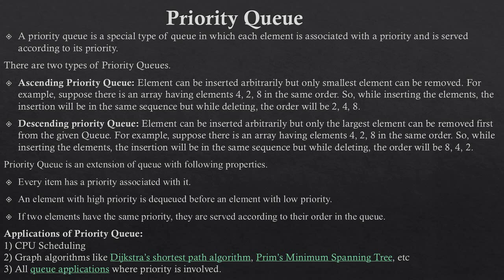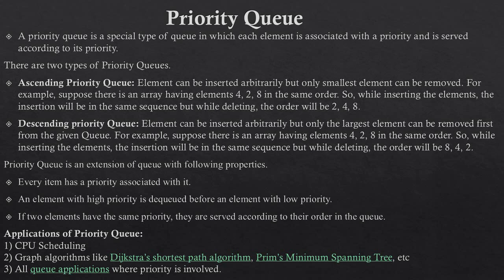Priority queue is a special type of queue in which each element is associated with a priority and is served according to this priority. There are 2 types of priority queue: ascending priority queue and descending priority queue. In an ascending priority queue, elements can be inserted arbitrarily, but only the smallest element can be removed. For example, if we have elements 4, 2, 8 in the same order, the insertion will be in the same sequence, but while deleting, it will be in ascending order, that is